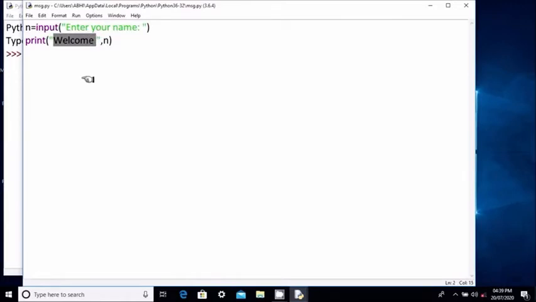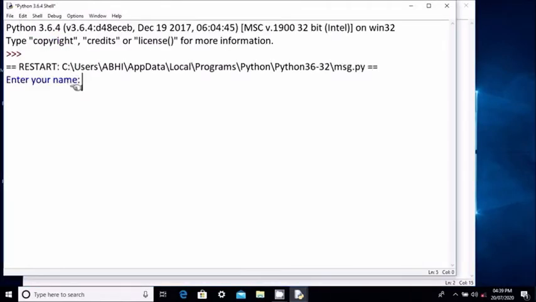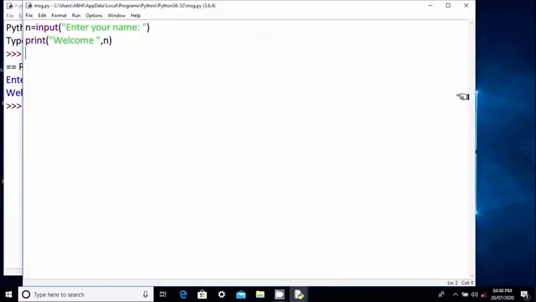When you execute this program, you can see the prompt waits for the input. Here you can type any name. For example, Shreya. When you press the enter key, you can see welcome Shreya. So the input function always accepts strings only. That means whatever data the user enters at runtime will be considered as a string. So in the case of numbers, you will not get the desired output. We can check one example.